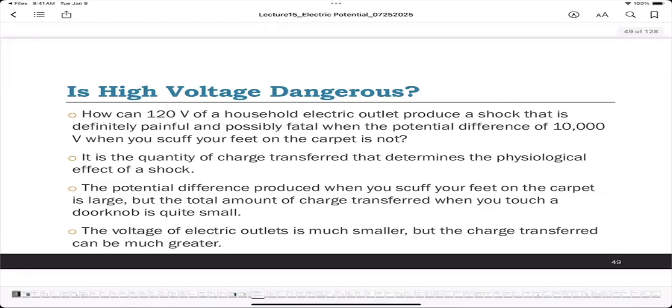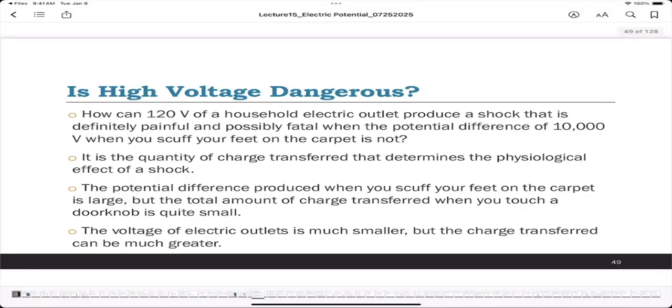It is the quantity of charge transfer that determines the physiological effect of a shock. The potential difference produced when you scuff your feet on the carpet is large, but the total amount of charge transferred when you touch a door knob is quite small. The voltage of electric